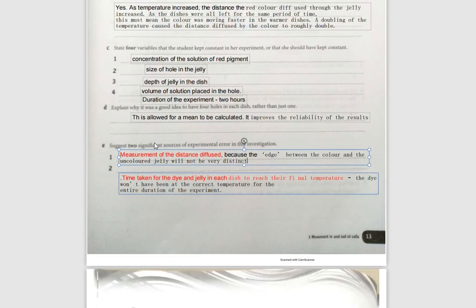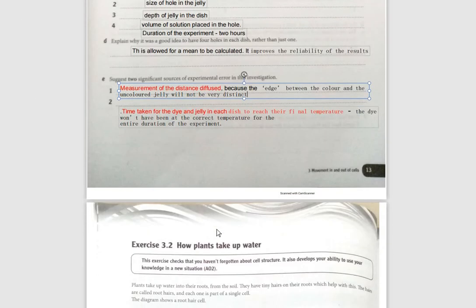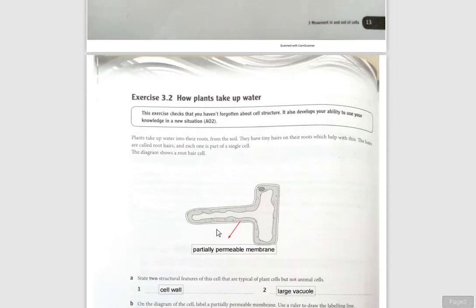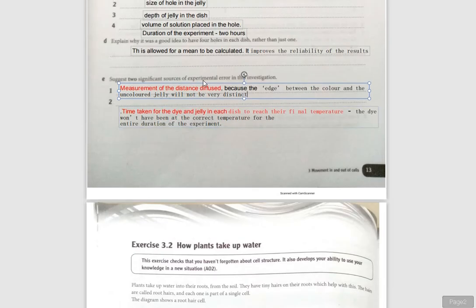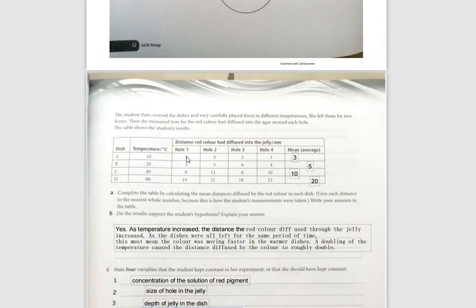So basically what they're trying to say is that the dye, which is the red pigment, the starting temperature could have been different in each hole actually. So basically these are the 2 things you have to mention when they ask about experimental error. Measurement of the distance diffused,